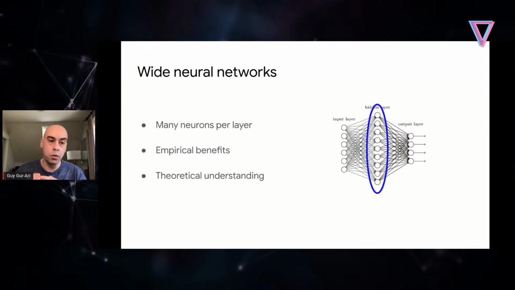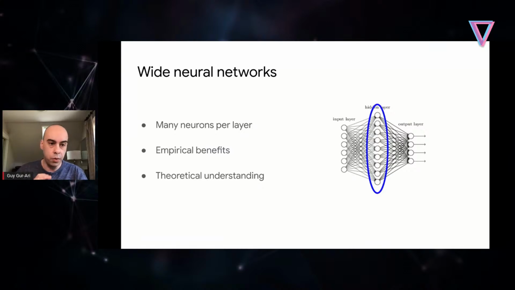The width of a layer is the number of neurons in that layer. And when we say that we want to make the network wide, what we mean is we take the architecture, we take the number of layers, we keep those fixed, the activations fixed, and so on. And we just take the number of neurons in a hidden layer to be very large. That's how we make the network wide.